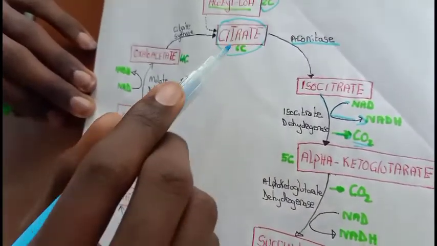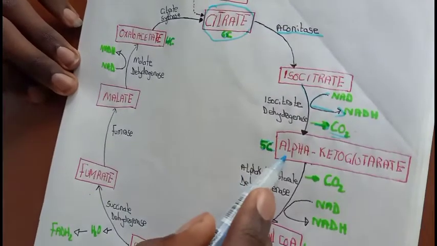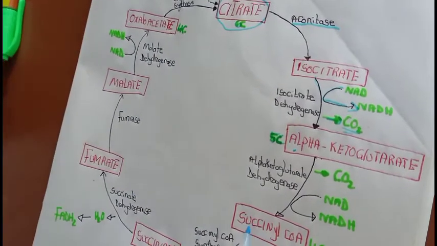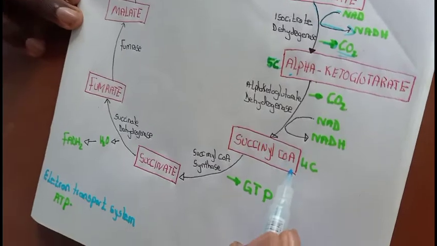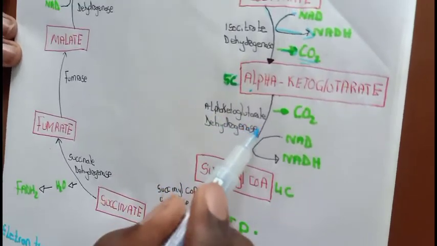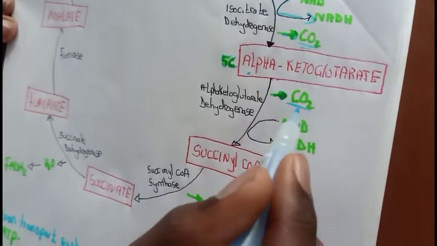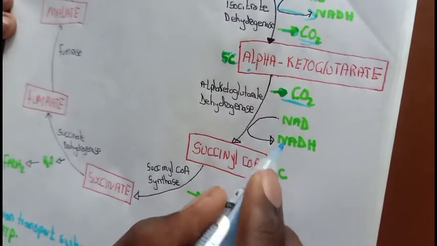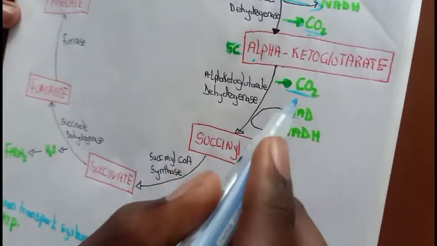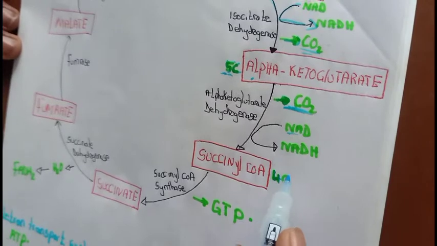So if we lose 1 carbon compound, this was 6 carbon, so this one will be a 5 carbon compound. And this alpha ketoglutarate is going to be changed to succinyl-CoA. So this is catalyzed by an enzyme called alpha ketoglutarate dehydrogenase, and here we are going to lose 1 molecule of carbon dioxide, and we are going to form NADH. So this NAD is going to form NADH. Because we have lost 1 carbon dioxide, and remember it had 5 carbons, so this will be a 4-carbon